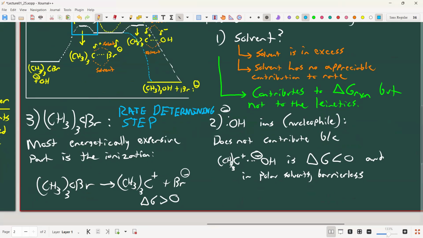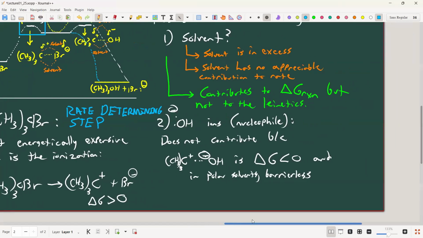And it says that therefore the only species that contributes appreciably to the rate of this reaction is the reagent itself. And there's only 1 mole equivalent of reagent per step, right? Because it's only 1 molecule. So therefore,